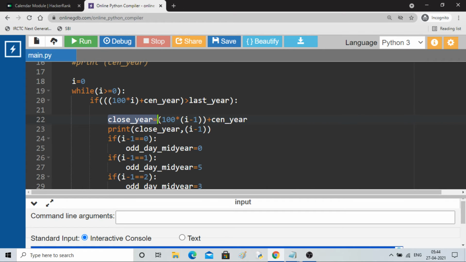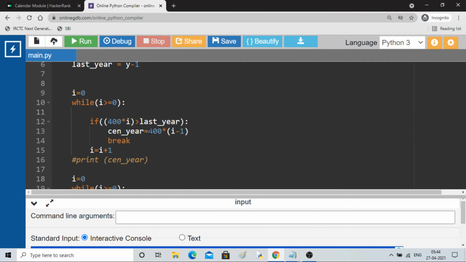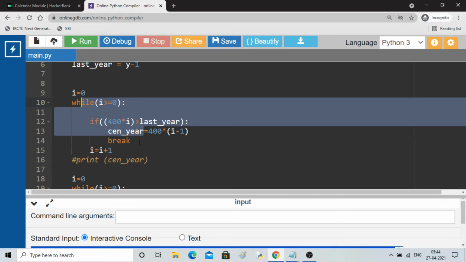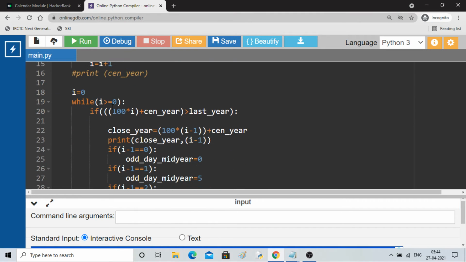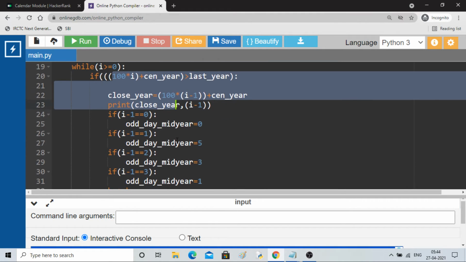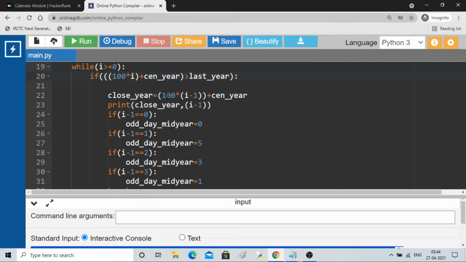It's like if you are given the year 1943, then in the first loop it will calculate 1600, and in this loop it will calculate 1900. So it multiplies by 100 and keeps adding onto the century year. Close year means the closest year, so century year plus 100 times i minus 1. You can also print this.